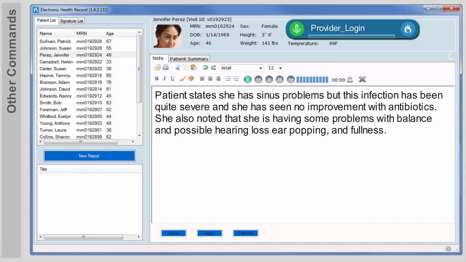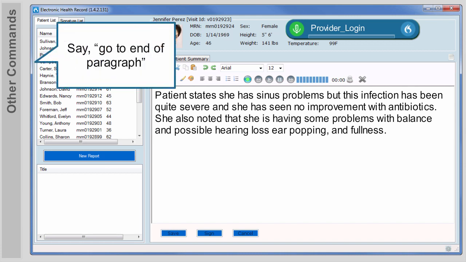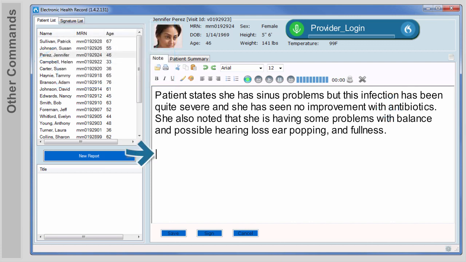When you are ready to move to the next section, you can navigate to the end of a paragraph and create a new one using voice commands. Like this. Go to end of paragraph. New paragraph. Assessment,